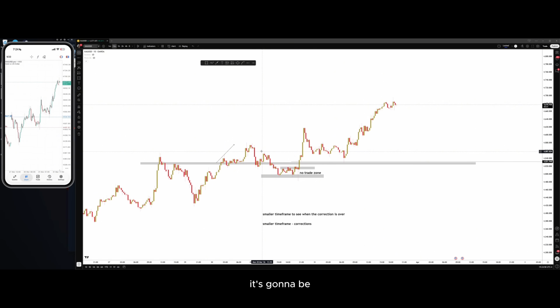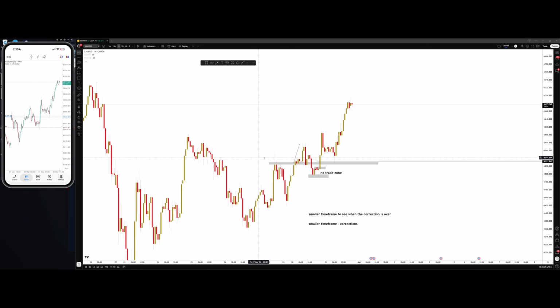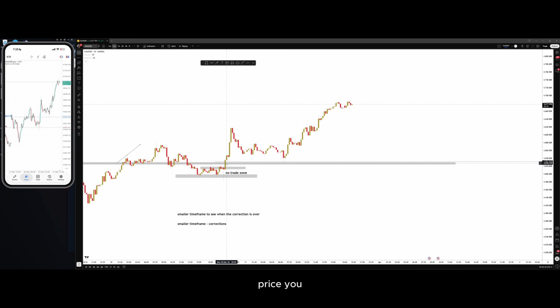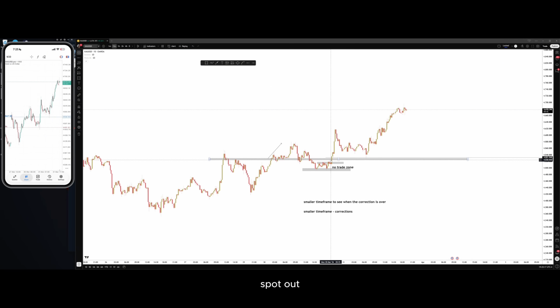And you're not going to know when it's going to be over. You just have to monitor what is going on. So keeping this 1 hour level right here, keeping your highs marked and just monitoring price, it would have been kind of kindergarten level to even spot the fact that price is going back up on that uptrend in the first place. So the 15-minute time frame breaking above here, coming back above here as well, those are two indications that price is becoming bullish before price ended up taking full push and full volume on,